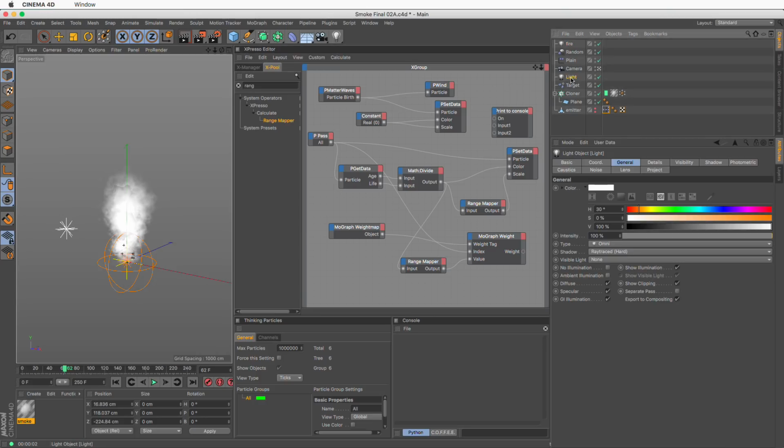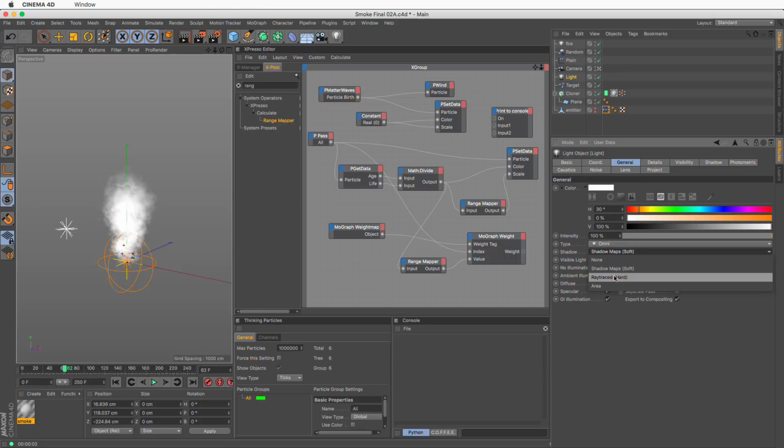Select your main scene light, and instead of soft shadows, which creates those artifacts, turn this to ray traced hard shadows. Now, just an explanation, the soft shadows don't calculate the shadows by ray tracing. They take a snapshot of the light's point of view towards the objects and create some sort of mask, let's call it that way, and they apply some sort of blurring and so forth. And from frame to frame, this can create some odd results and create the flashes.